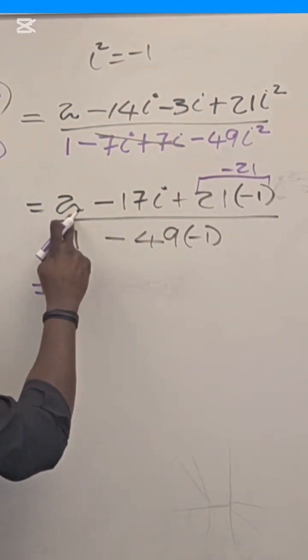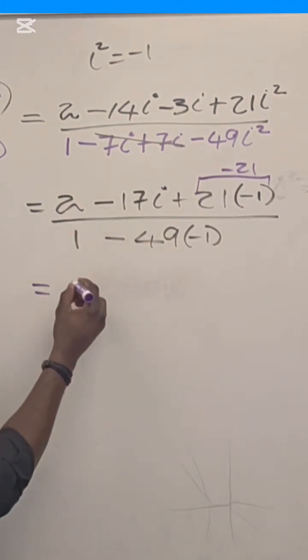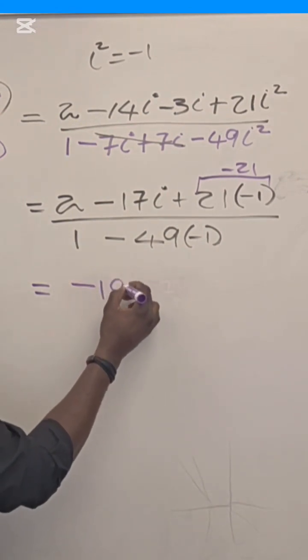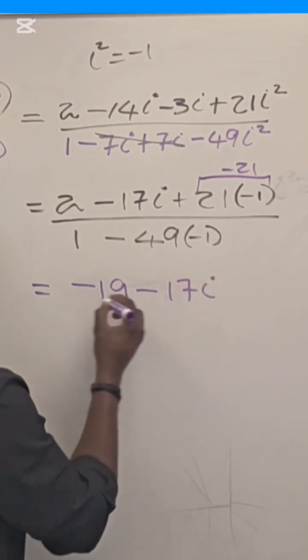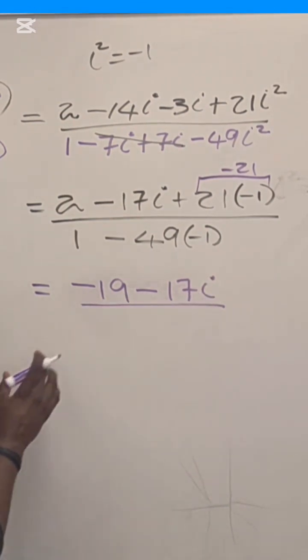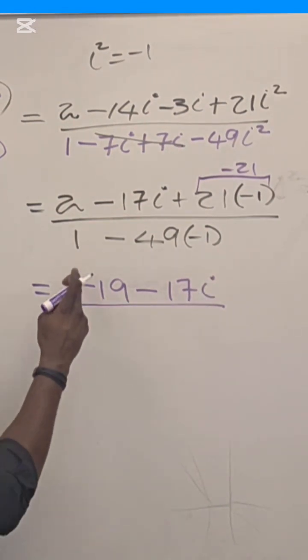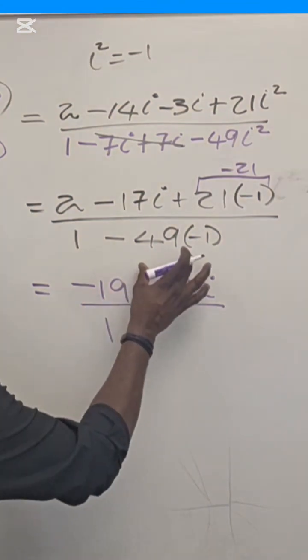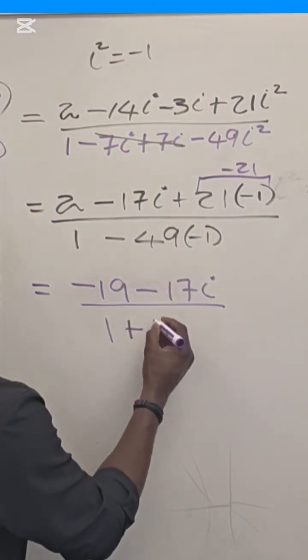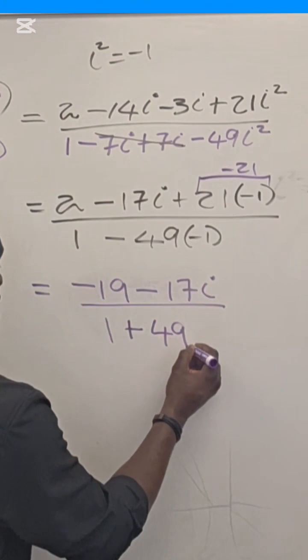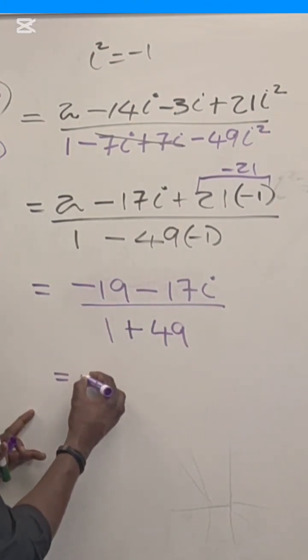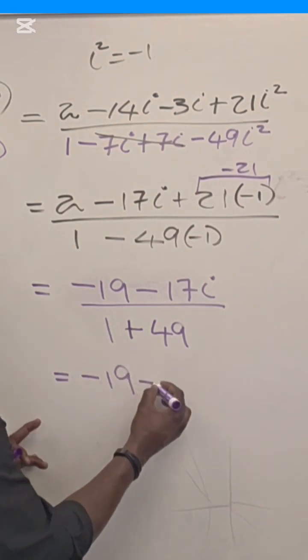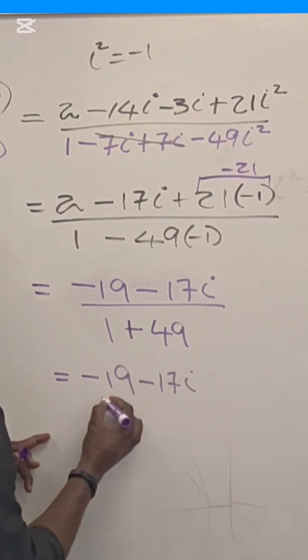If you add that to 2, what are you getting? You're going to get negative 19. Then we're going to have our minus 17i still. At the denominator, we have 1, and this is actually going to become positive 49. And so at the end of the day, we're going to be left with negative 19 minus 17i